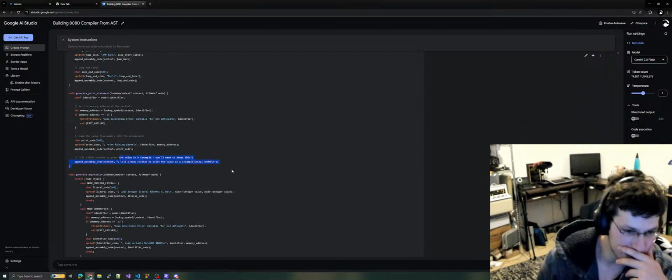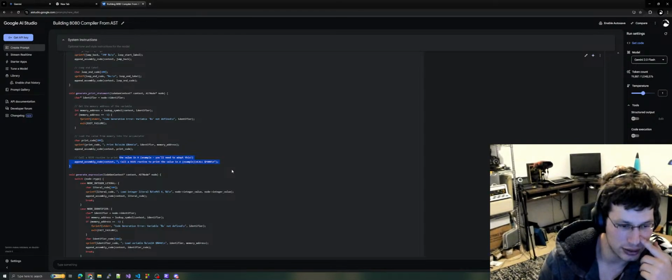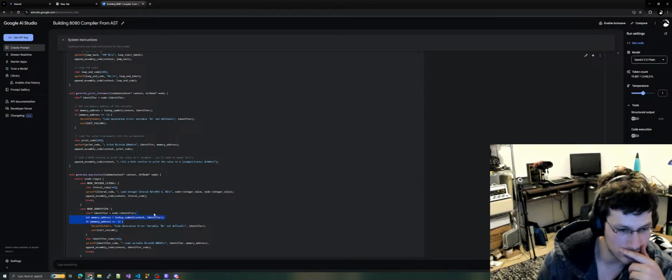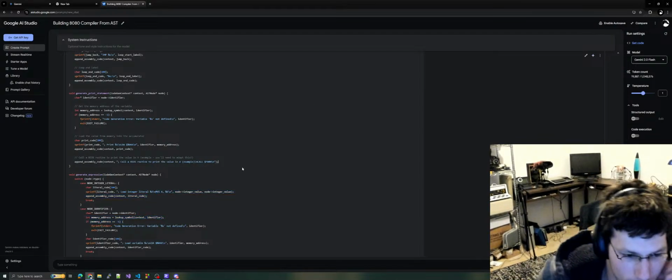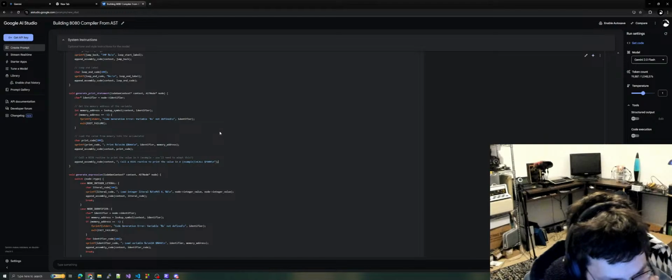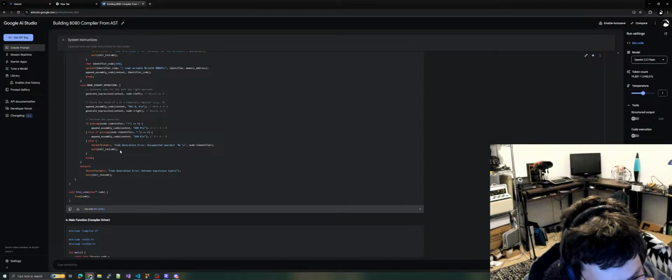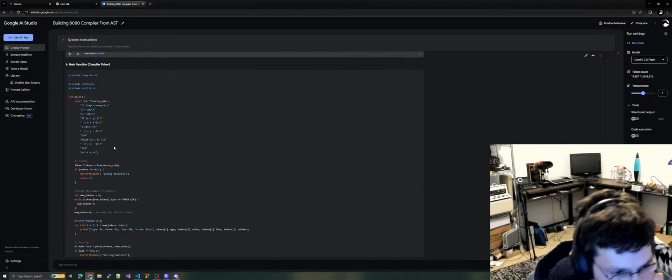Call a BIOS routine to print the value in A. MVI A, D. Load literal integer. So my code is